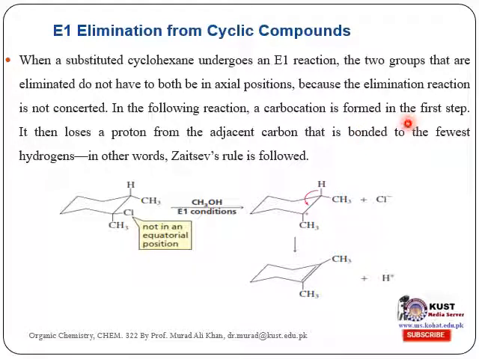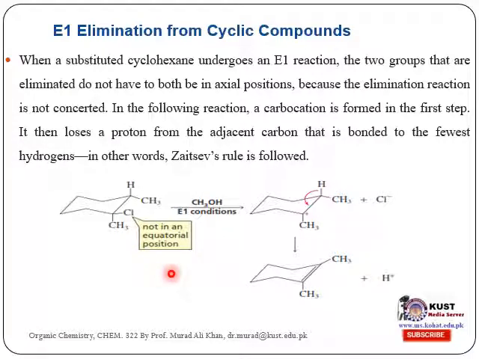First, a carbocation is formed, and then the proton is lost from the adjacent carbon, and it doesn't mean that it should be axial or equatorial. So as against the E2 reaction, in which both the leaving groups should be in axial position, this is not the case in the E1 reaction, and that's why the more stable equatorial position can also undergo the